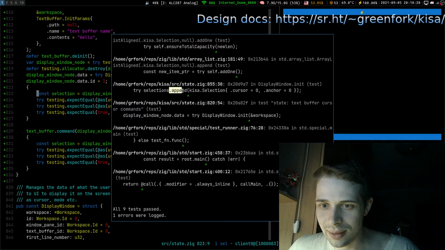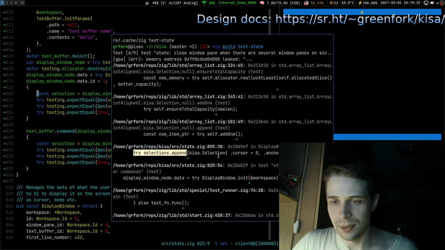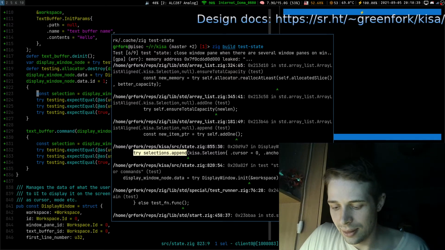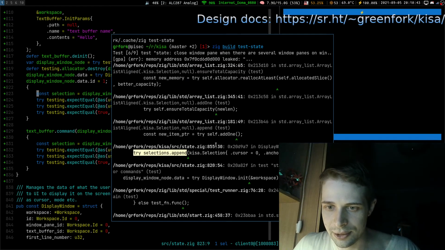Yeah, it says something about selections append. Probably we failed to free the memory somewhere here. Yeah, we were not a good citizen. We did some allocations without de-allocations back then. Or rather, initialization without de-initialization. So now we should figure out where we did it.